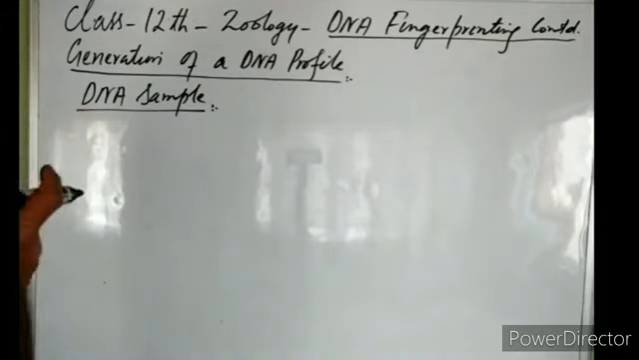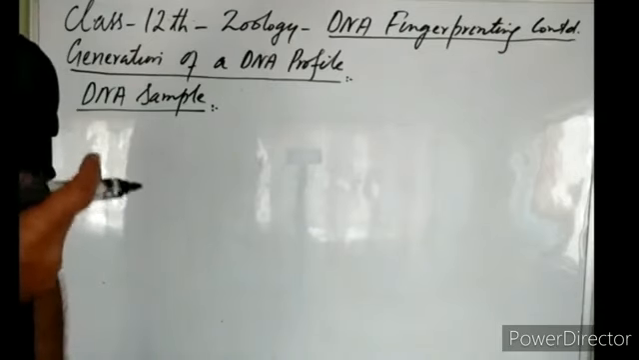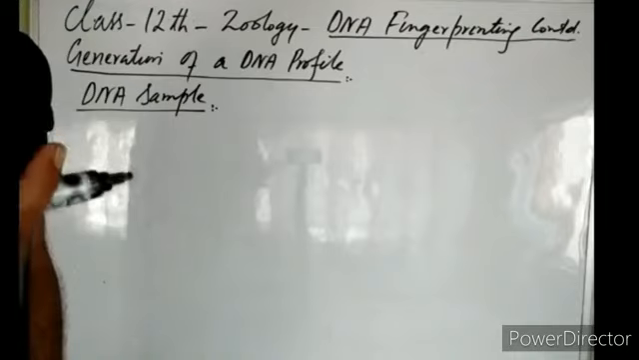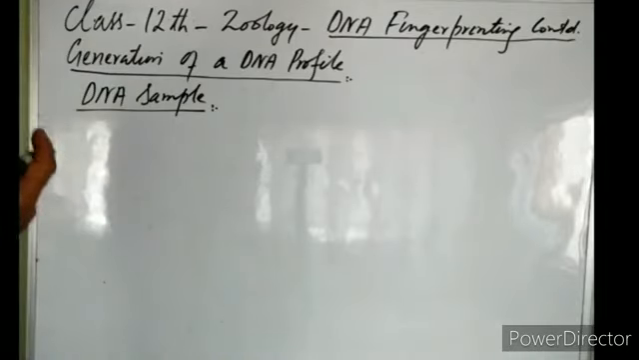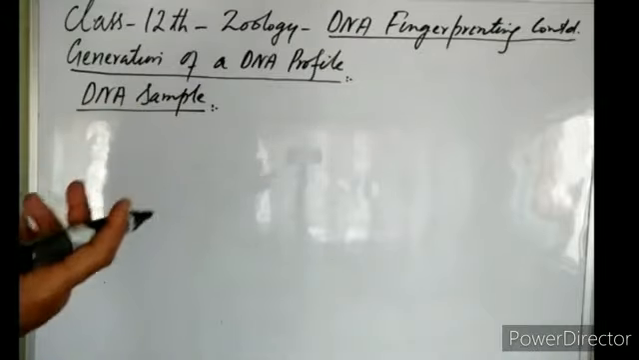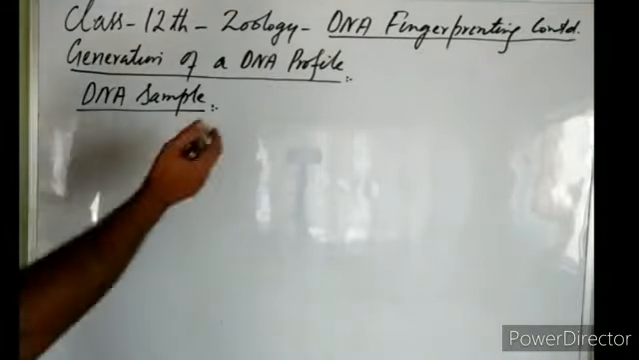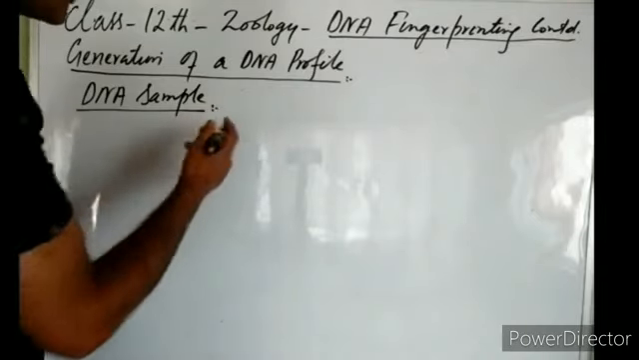DNA fingerprinting is mostly used for solving criminal cases or for solving legal disputes, right? So for that purpose, a DNA sample is to be taken. When the DNA sample has been taken, whether from a crime scene or from any person, right? This DNA sample, it is first,